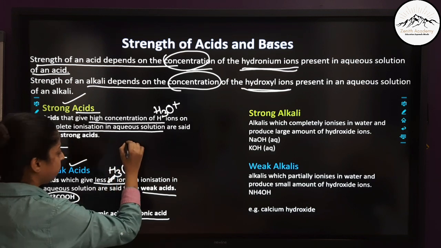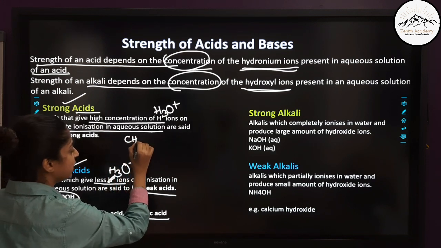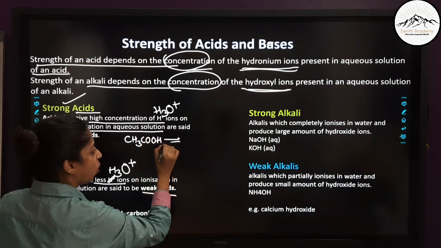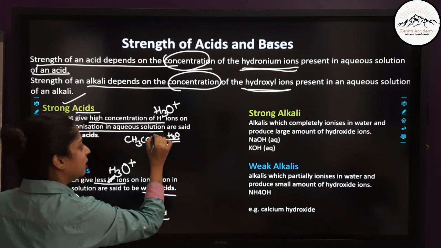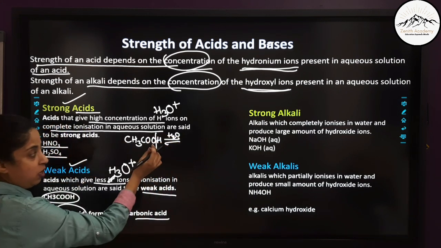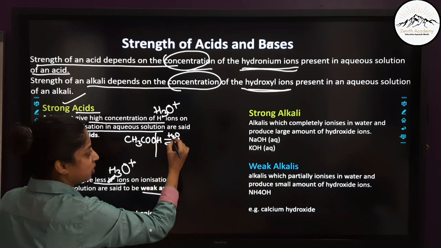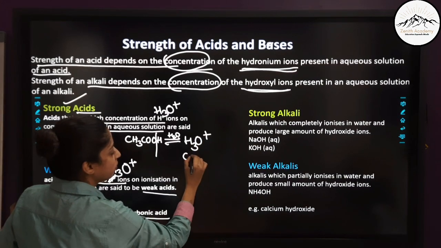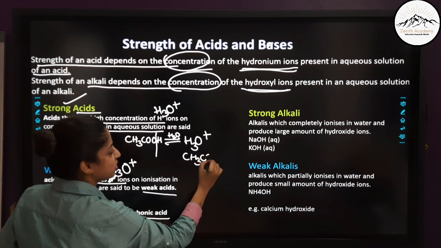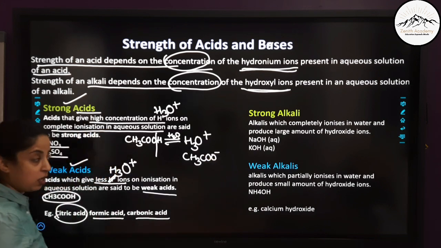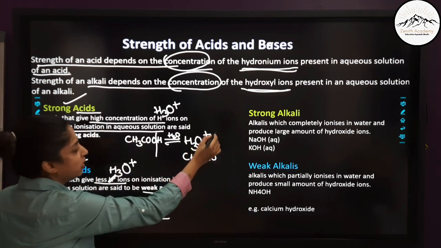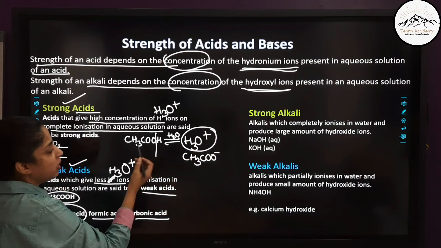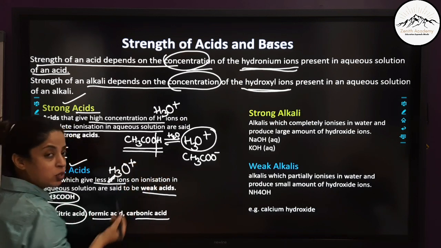So if you see here a weak acid, for example CH3COOH, it is a weak acid. When it dissolves in water, this H plus ion will split and associate with water to form a hydronium ion, and it will form the acetate ion, CH3COO minus. But when it dissolves in water, it does not form only these. There will be many undissociated molecules present here.